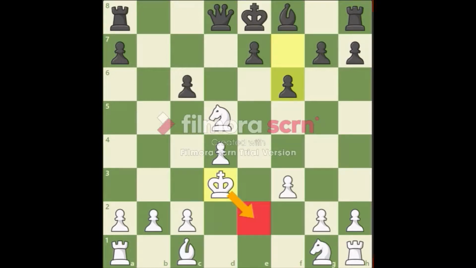Let's say white played king to E2, meaning KE2. Let's say black wants to play king to D7. In this case it is the same idea: capital K and lowercase D7. First the piece and then the square. KD7. We will use the same idea for all of the pieces.